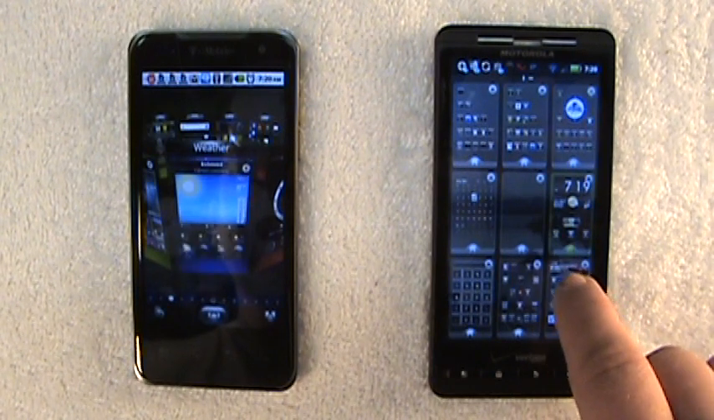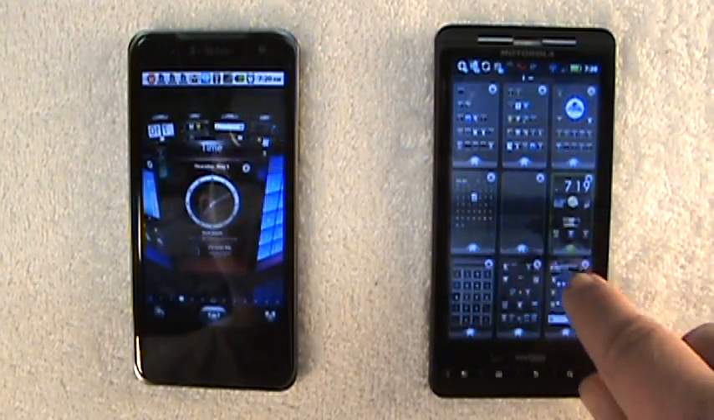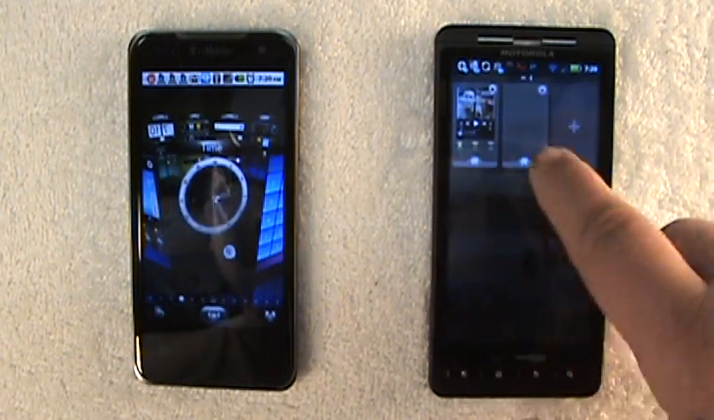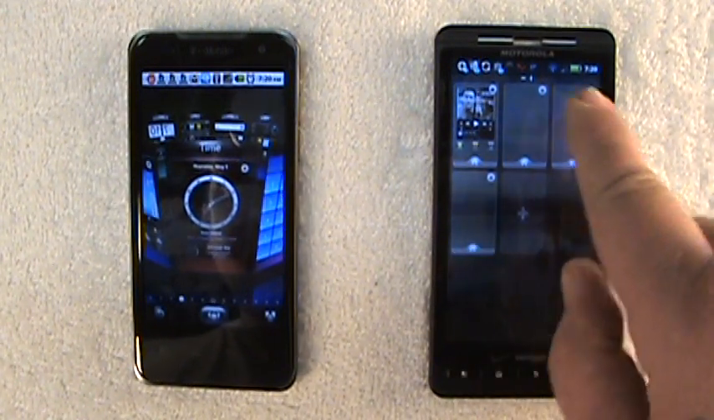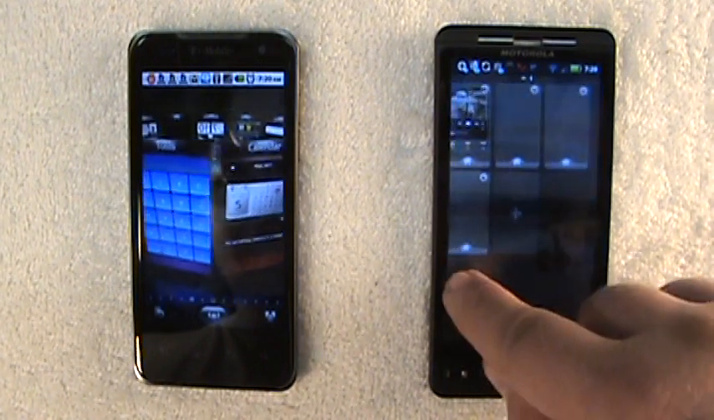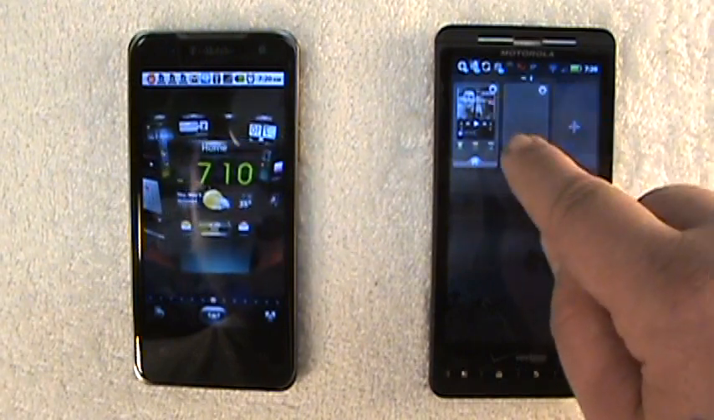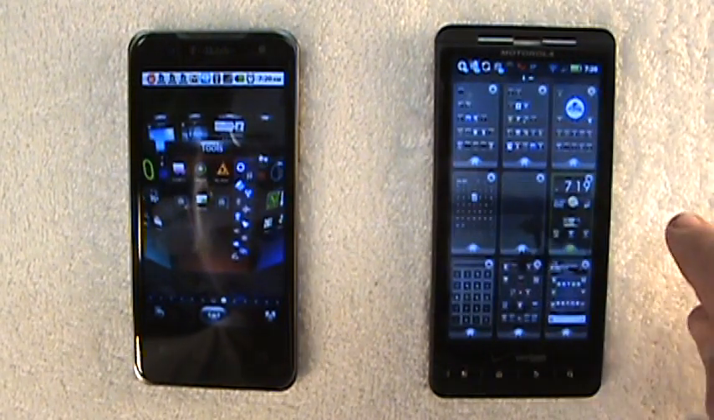What I'm demonstrating now is the home screens, adding and subtracting home screens from Go Launcher EX. It's very, very simple. You just go in here and hit that plus sign and it adds blank home screens, which you can then move around or delete if you want to. The ones that don't have anything on them, you just delete by hitting the X up in the right